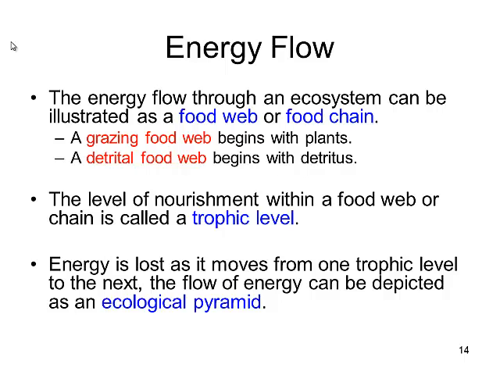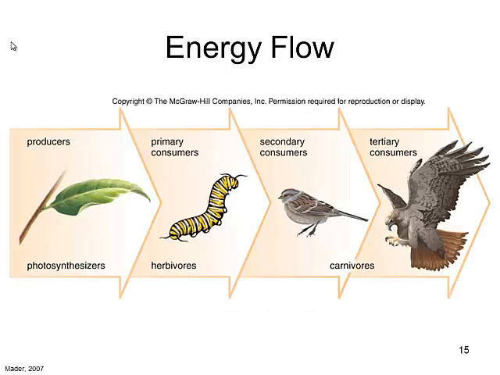The level of nourishment within a food web or chain is called a trophic level. And the energy that's lost moves from one trophic level to the next, and the flow of energy can be depicted by an ecological pyramid. Corn. Reuse those same nutrients. Correct, and then you've got to put nutrients back in the ground to grow more. And then after you eat the corn, what do you do with what's left over? You decompose it. You poop it out, yes,